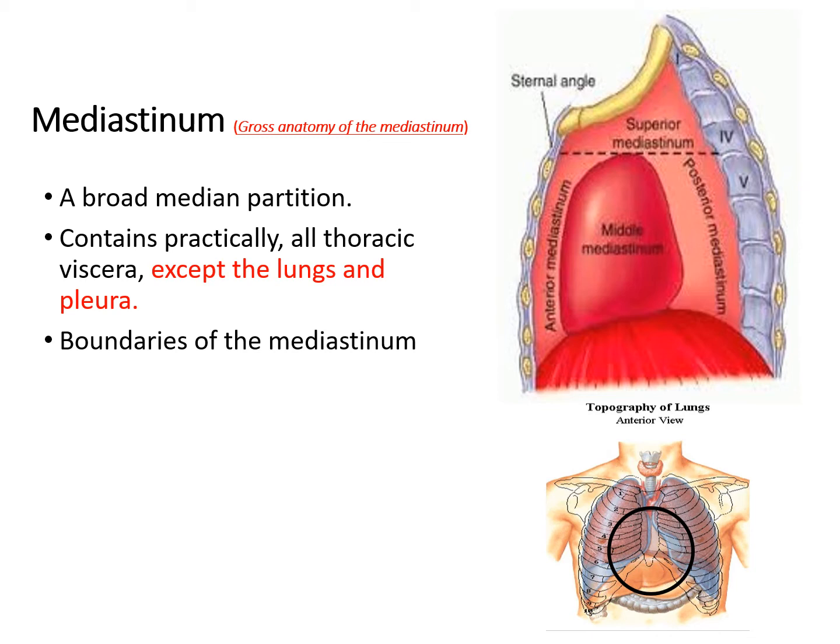The inferior mediastinum is further divided into anterior mediastinum, middle mediastinum, and posterior mediastinum. Actually, if you want to be anatomically correct, we say anterior inferior mediastinum, middle inferior mediastinum, and posterior inferior mediastinum,